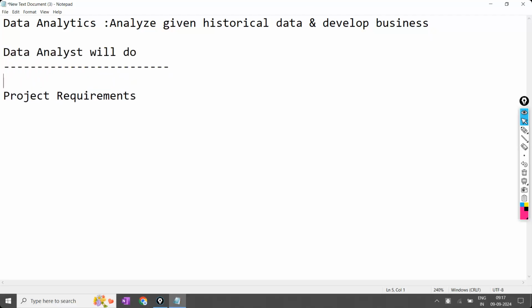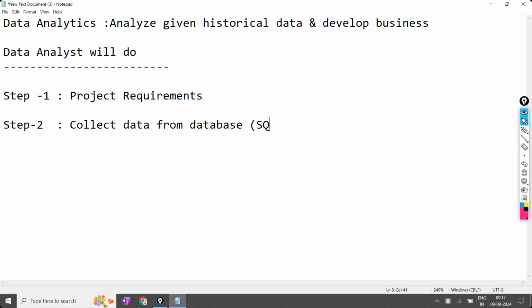If you observe, in step one he will understand the project requirements and what exactly they want. In step two, he will collect the data from the database